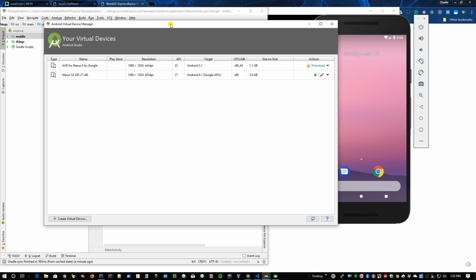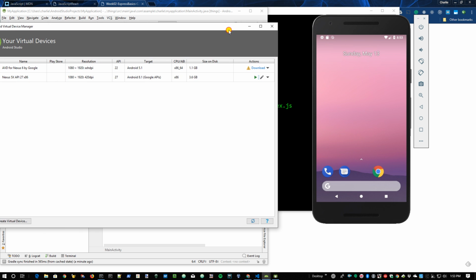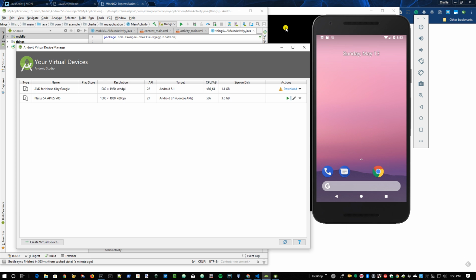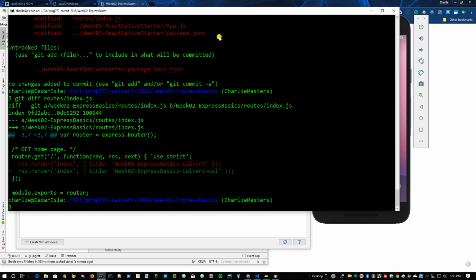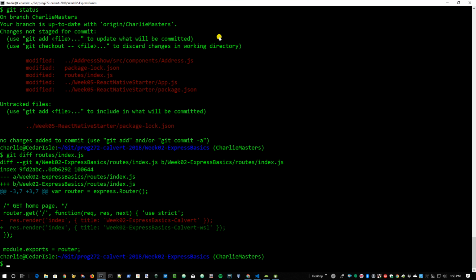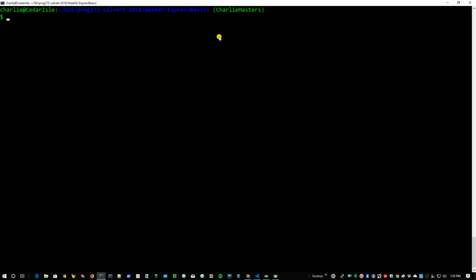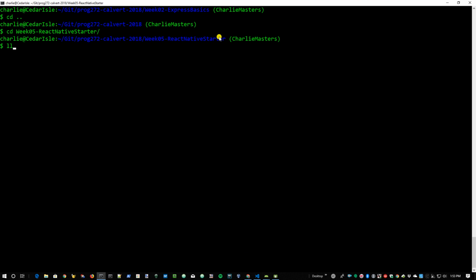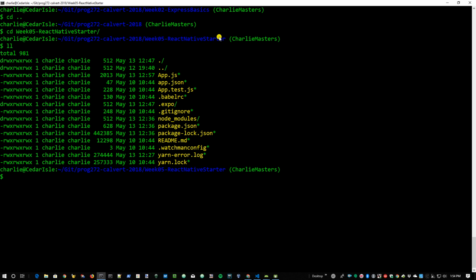And then I would leave this puppy running, and I'd leave that guy up there. Then we're going to come back to our command line and we're going to go from here to our React Native Starter project, okay? And then we're just going to type npm start,